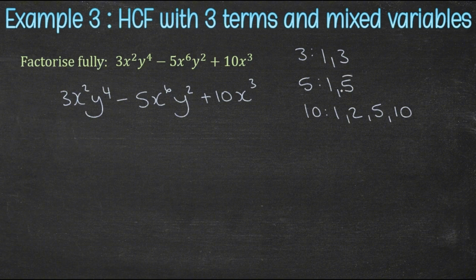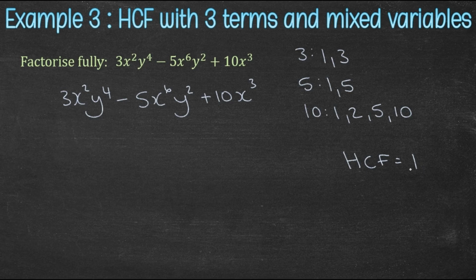Now, although the 5 and the 10 have 5 as a factor, there is no 5 as a factor of 3. So 5 cannot be the highest common factor. The only other number that appears more than once is this 1. So 1 is actually the highest common factor. Now, we normally don't write this 1 down as part of our HCF because multiplying or dividing by 1 does not change the expression. But for the sake of this example, I will write down this 1